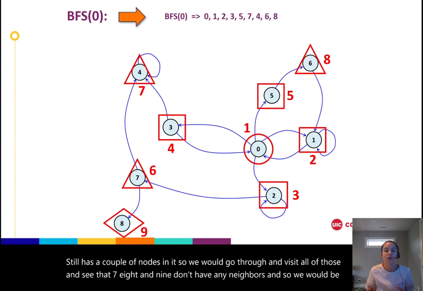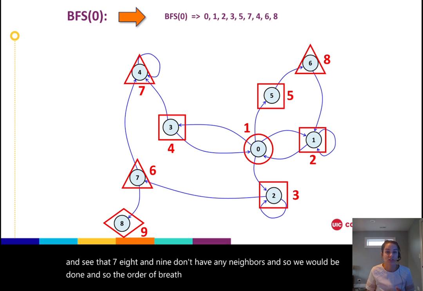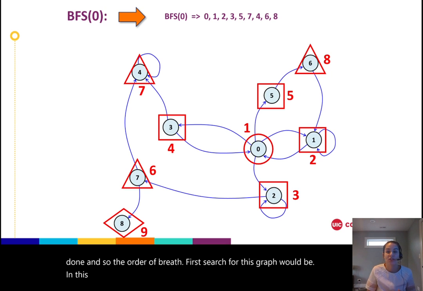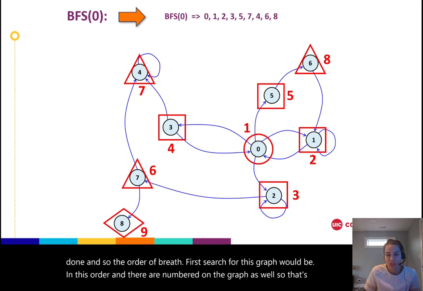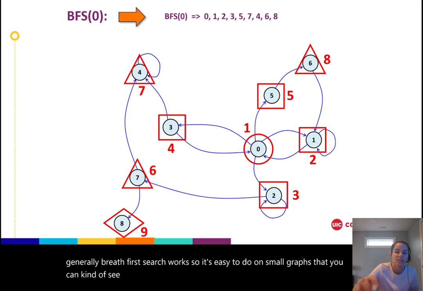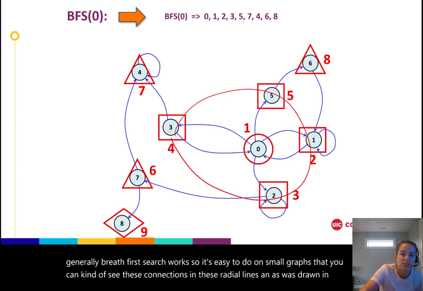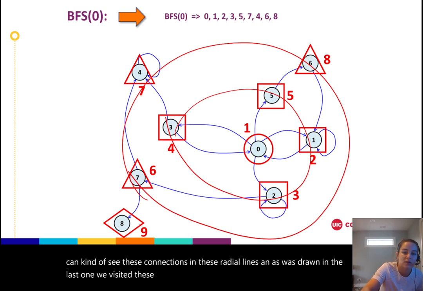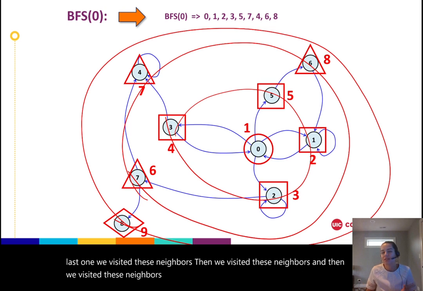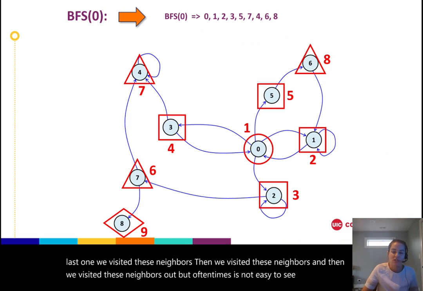And so the order of breadth first search for this graph would be in this order, and they're numbered on the graph as well. So that's how generally breadth first search works. It's easy to do on small graphs where you can see these connections in these radial lines, and as was drawn in the last one, we visited these neighbors, then these neighbors, and then these neighbors out. But oftentimes it's not easy to see that,